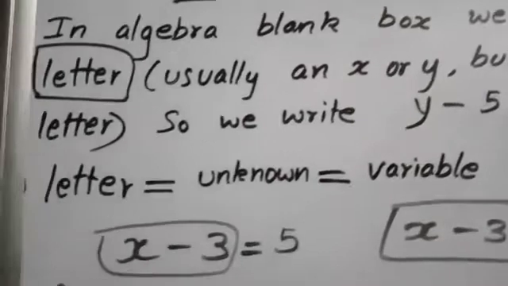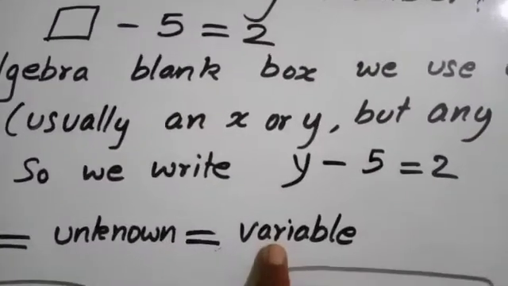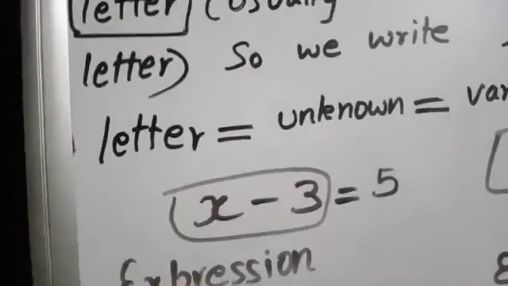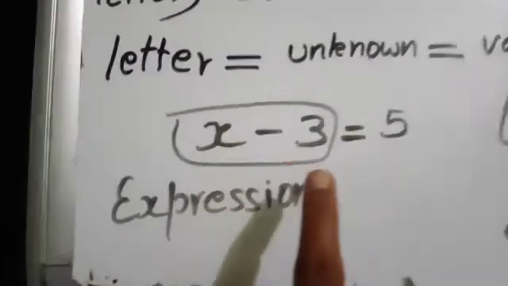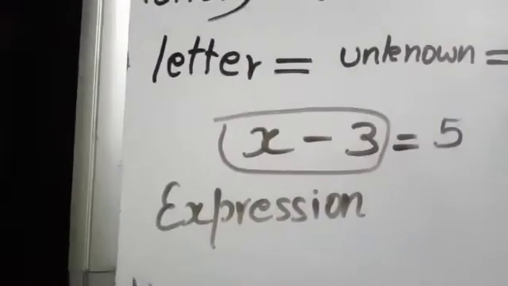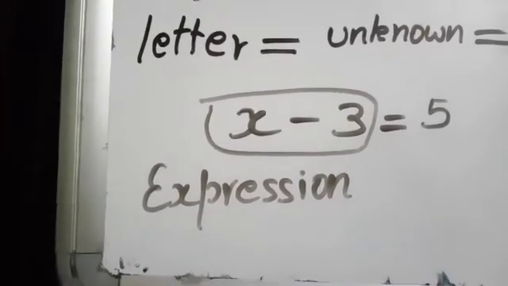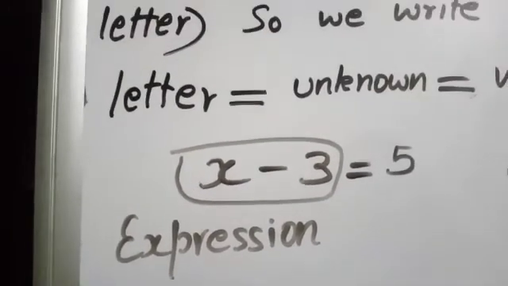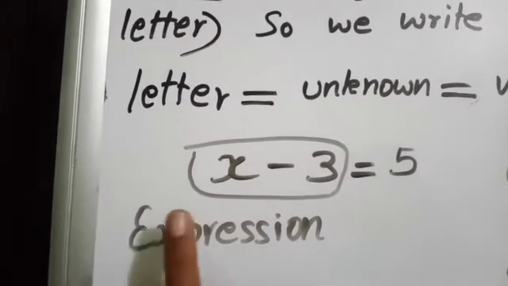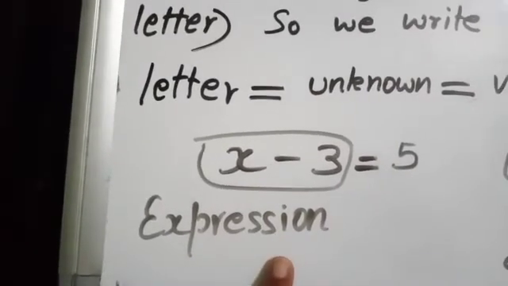Now let us see another thing in algebra. One word we usually use is variable, another word we use is expression. This x minus 3 we call an expression. It expresses something, so we named it expression. Even your face expresses a few things, right? When you are sad or happy, in the same way here x minus 3 expresses something, so we call it